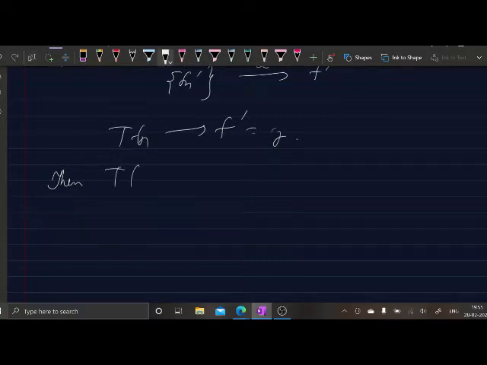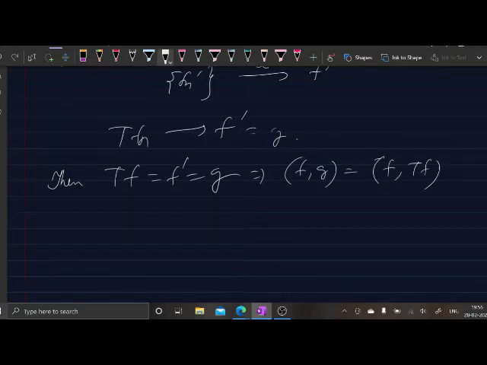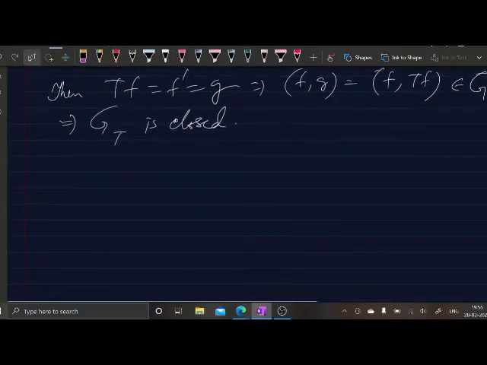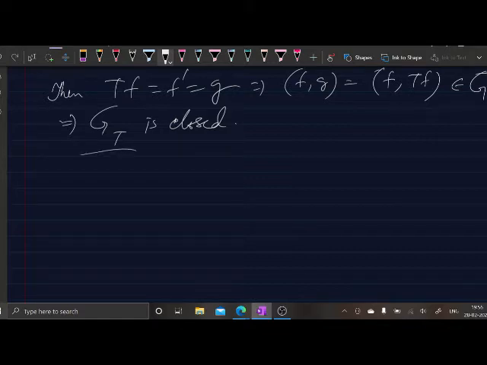সো দেয়ারফর tf is f dashed which is g, and therefore fg is actually ftf. So therefore it is in the graph of t, and hence gt is closed without the continuity of t, মানে কন্টিনিউটি না থাকা সত্ত্বেও জিটিটা কিন্তু গ্রাফটা ক্লোজ হচ্ছে, আর কন্টিনিউয়াস হলে তো ক্লোজড হবেই, সেটা আমরা আগেই প্রমাণ করলাম। ঠিক আছে, এবার একটা নোট তুমি দেখো, একটু অবজার্ভ